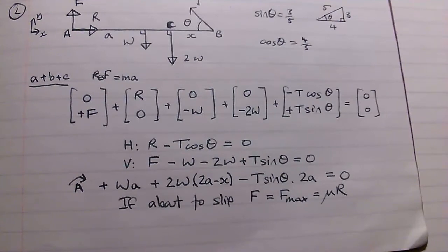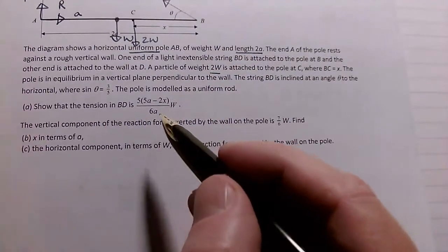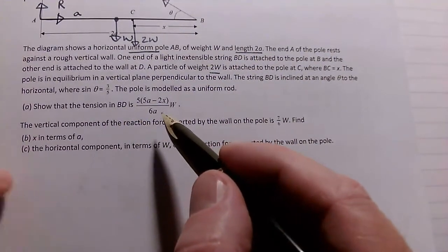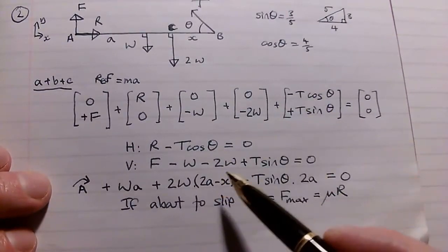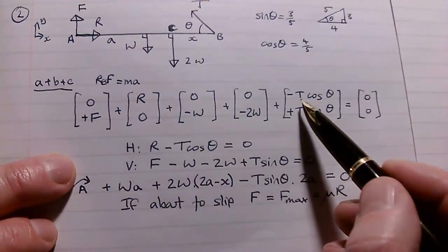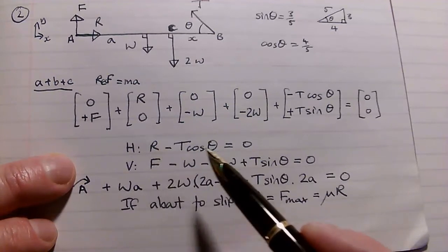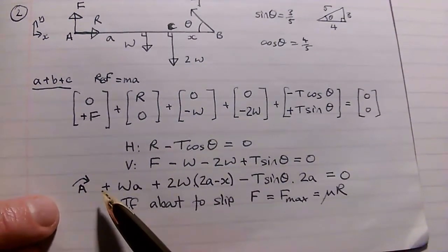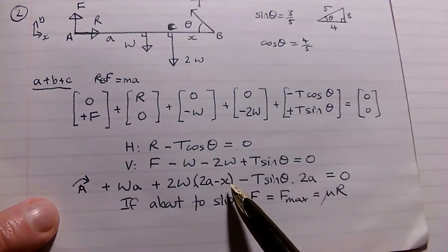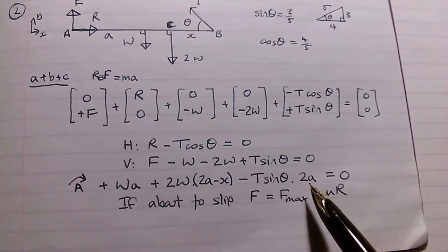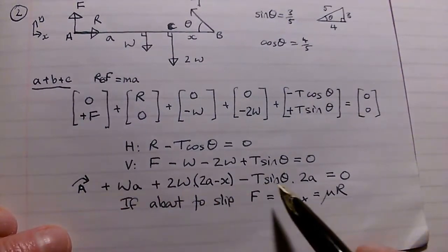So now I need to look at what I was asked to find. I was actually asked to find the tension first. So I'm very glad I left that in my moments equation. So I'm going to look at the equations where tension appears. Well, it appears in everything. But this horizontal equation, I won't be able to find tension until I know the normal reaction force, or this one I'd need to know friction. Whereas from this one here, I will just need to know x and W and a, but all of those things are in the formula, so it looks like I'm just going to be rearranging my moments equation